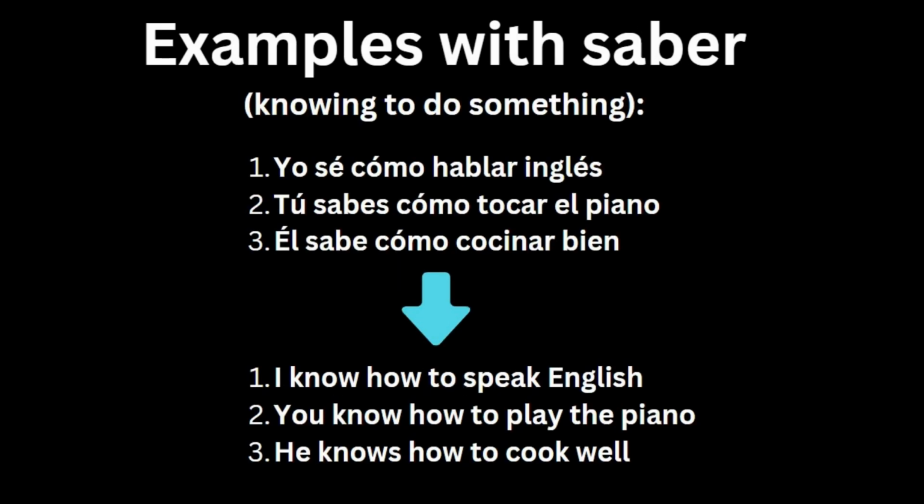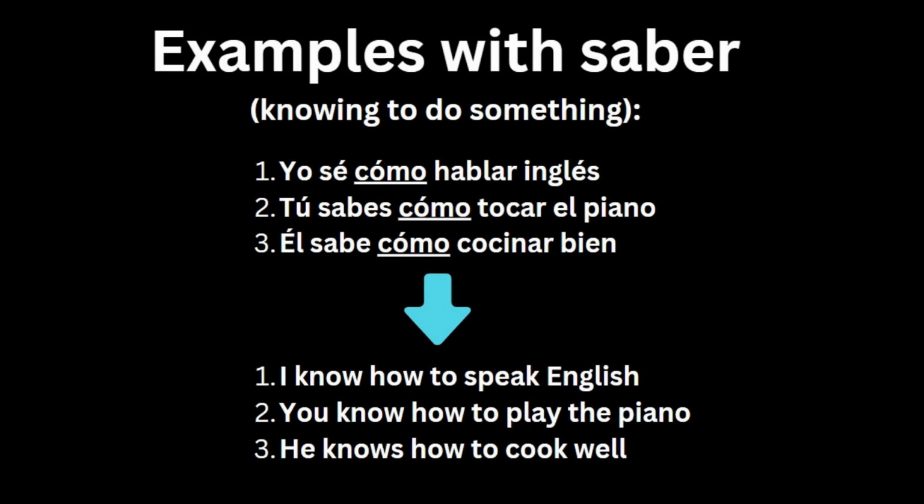And with examples that involve factually knowing how to do something, like, yo sé cómo hablar inglés, tú sabes cómo tocar el piano, and él sabe cómo cocinar bien, Spanish actually has a convenient way of putting phrases together so that they don't repeat unnecessary words by eliminating the word como from the sentence. Visually looking at the phrases in English and putting them in Spanish, I know how to speak Spanish, you know how to play the piano, and he knows how to cook well, you don't need to add the adverb como